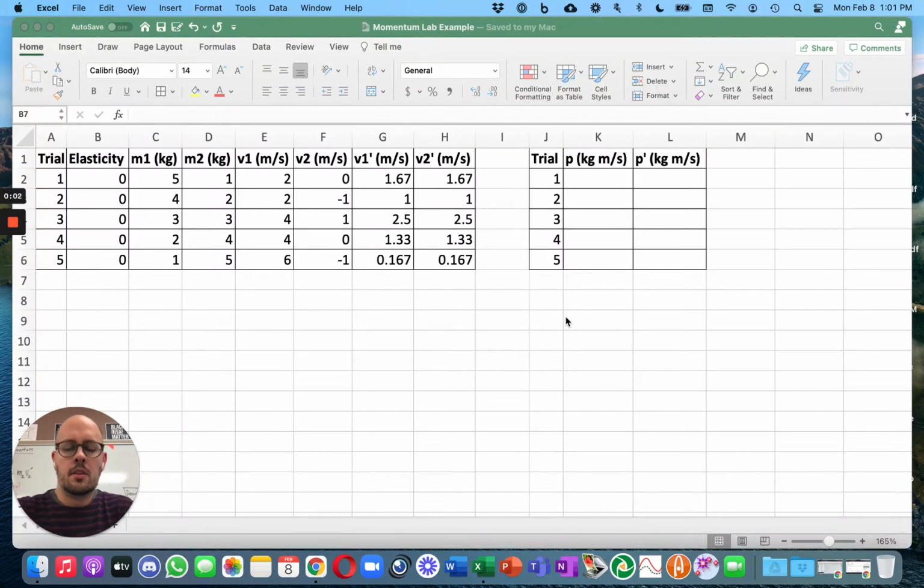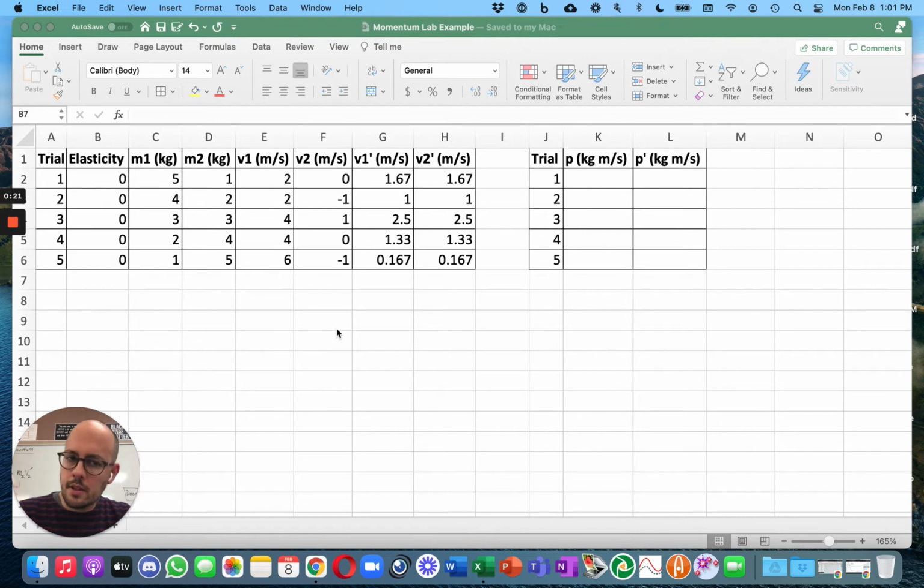Okay, so let's say that you wanted to do this lab analysis using a spreadsheet. So anyone can do this. People who are doing this remotely, however, have another advantage because they can enter their data directly into a spreadsheet. So I have filled in all of my data, and it might look pretty confusing, but take a minute